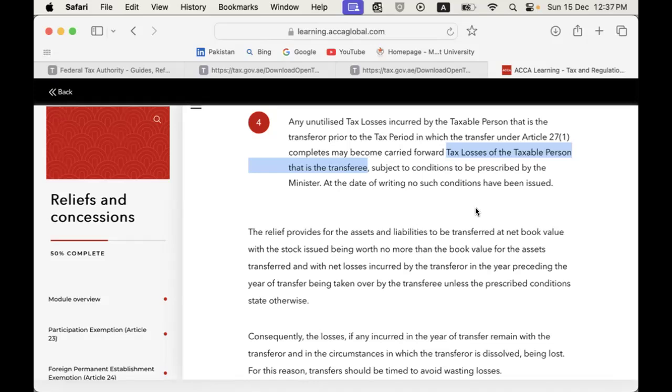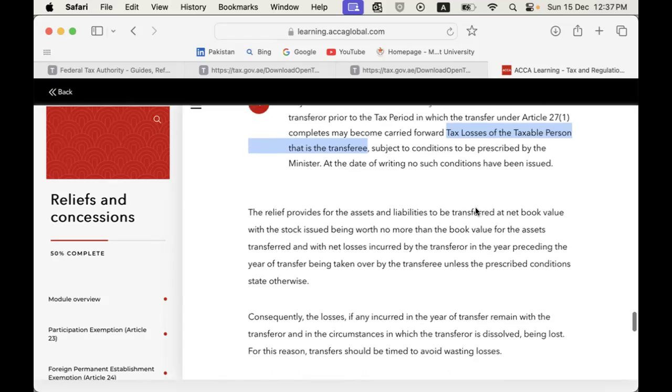Like, you may be reached out by a potential client saying, look, we are planning to acquire this company or this business, but we want to look at the figures before we take a decision. So you will need to embed this point as well: the business segment you are about to acquire has such and such amount of tax losses that can be attributed to it. So if you acquire this, in addition to other things, this one additional aspect will also be there, that you will be able to utilize the tax losses for your already profitable business. So that will give you an advantage. Okay. So it's a strategy. Yes.